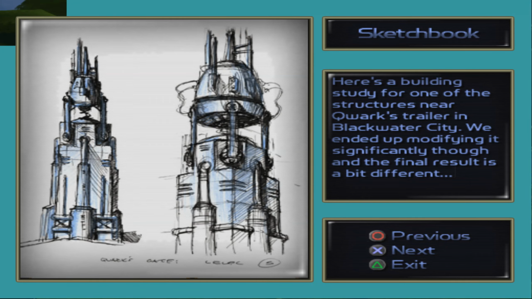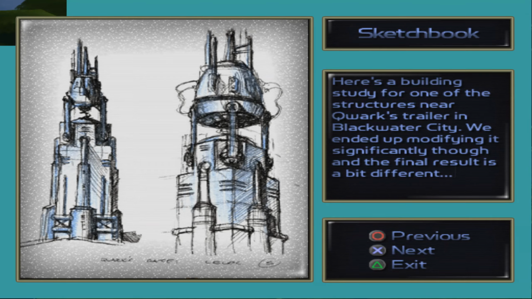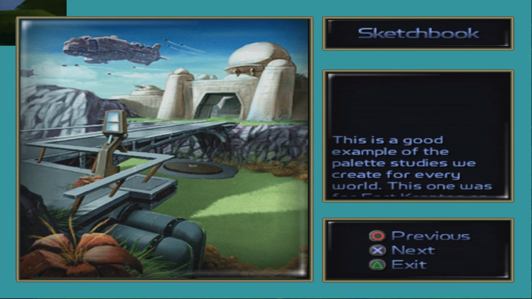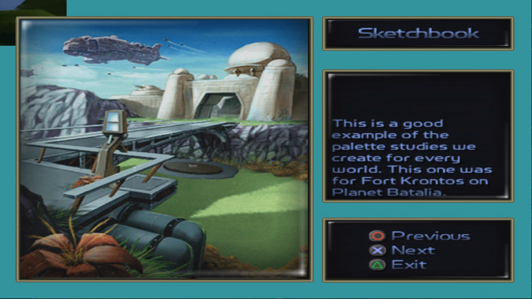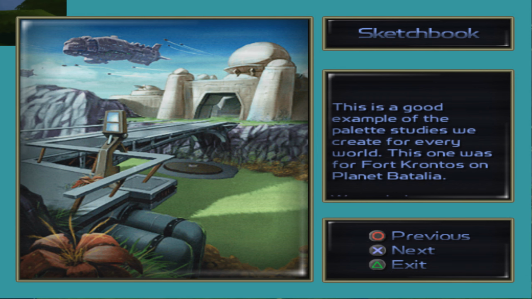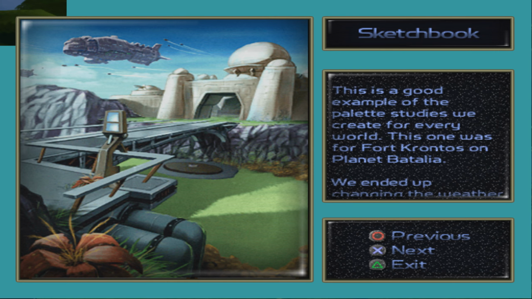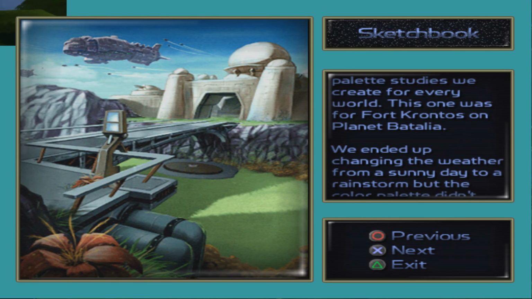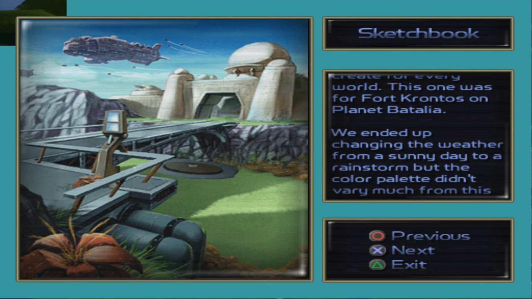Here's a building study for one of the structures near Qwark's trailer in Blackwater City. We ended up modifying it significantly, and the final result is a bit different. Let's see. This is a good example of the palette studies we created for every world. This one was Fort Krontos on planet Batalia. We ended up changing the weather from a sunny day to a rainstorm, but the color palette didn't vary much